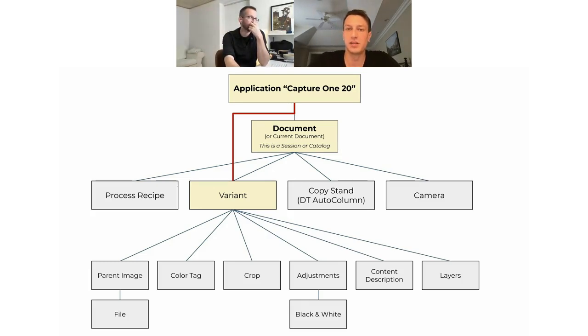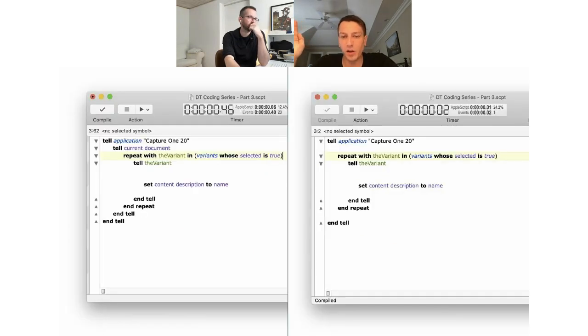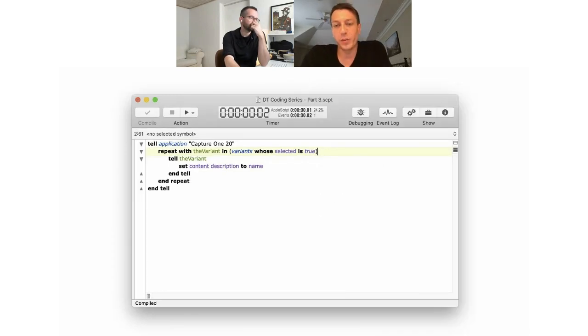Off to the left, we have tell current document, and on the right, we do not have tell current document. Without tell current document, the code runs exactly the same. And the reason is, if there's no document referenced, it assumes you want the current document, which is what we put in the other code anyway. So we've shortened the code, and if we take out those empty spaces, we see now we have two fewer lines,